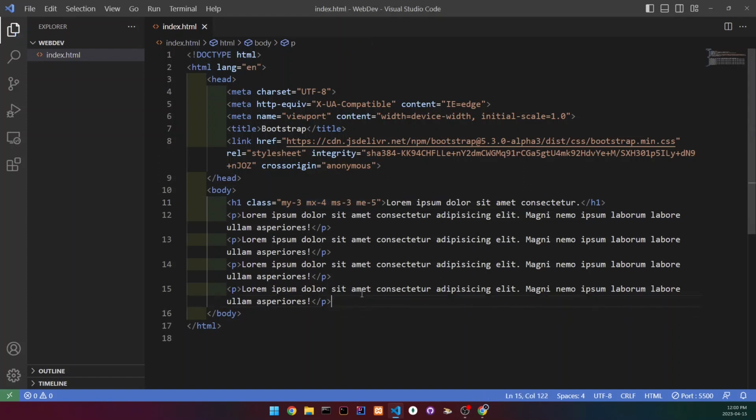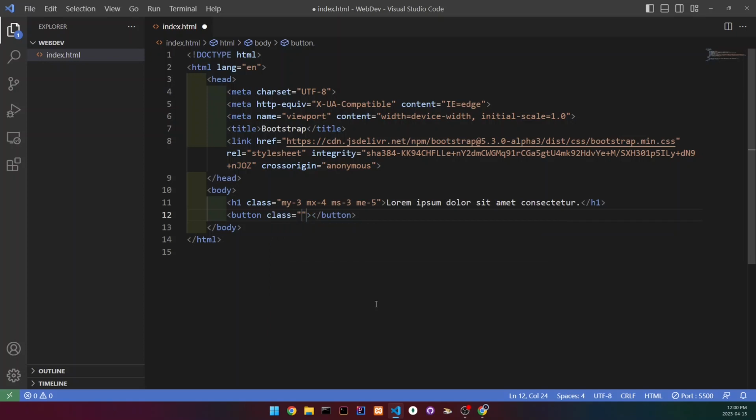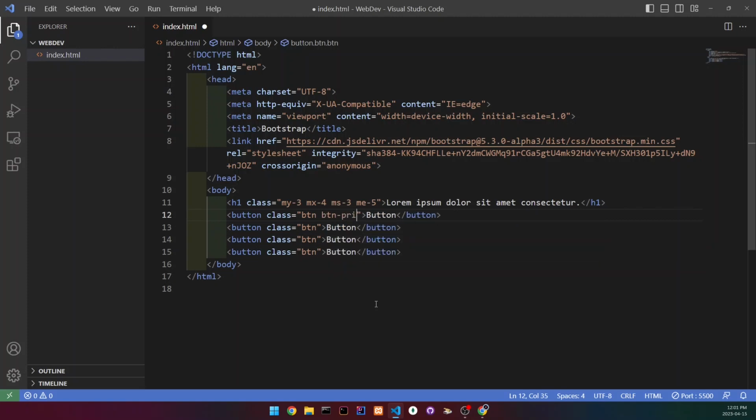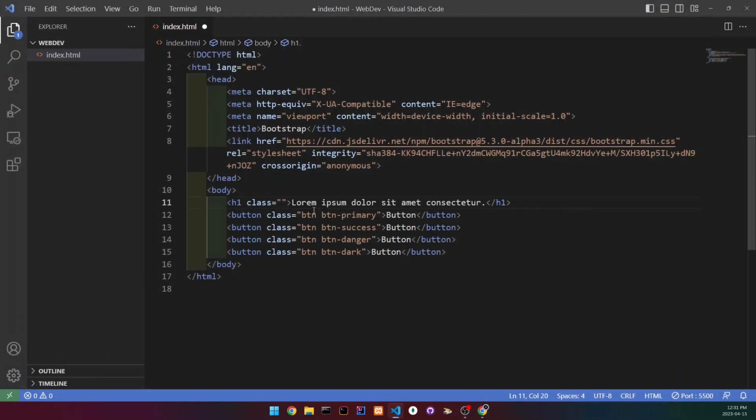And the margin classes work on any element if you're doing it right, so let's just delete all of this. Let's create some buttons, so I'm gonna go here, we can write btn. I'm gonna write some text, so just write button here. I'm gonna copy this a few times, so we can do 4. We can change this to button primary. Copy this, paste it here, success, danger, and then dark. And now we've created 4 buttons, and I'm going to delete all of our margins here,